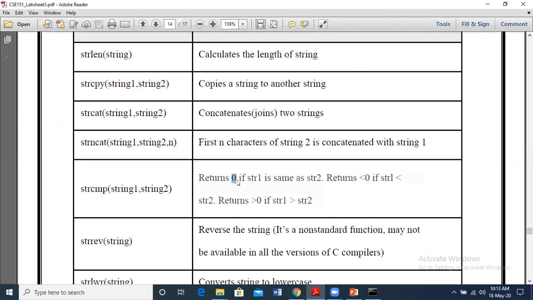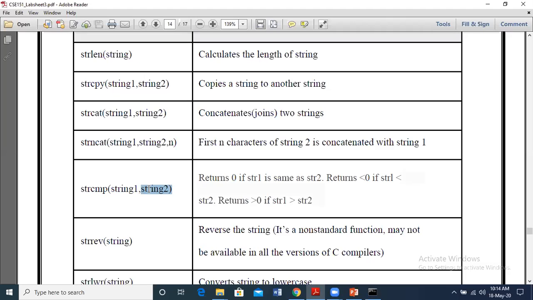So when we execute this, we can easily know. Give input for string 1 and string 2. Take test cases for all the three, right? Give equal strings, and then give string 1 less than string 2, that is, smaller values like ABCD, and say you give string 2 as GHIJ, something like that. So string 1 is less than string 2. And next you can interchange them, so string 1 is greater than string 2. So you can observe the values. The value being positive or negative depends on the ASCII values of the input we give.